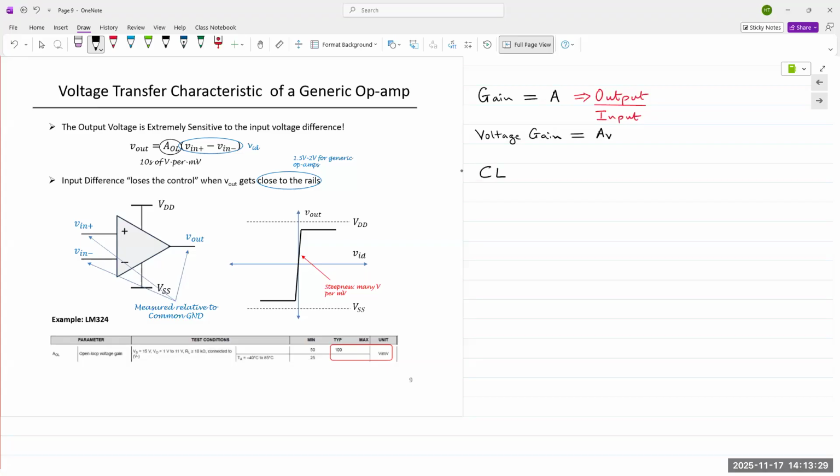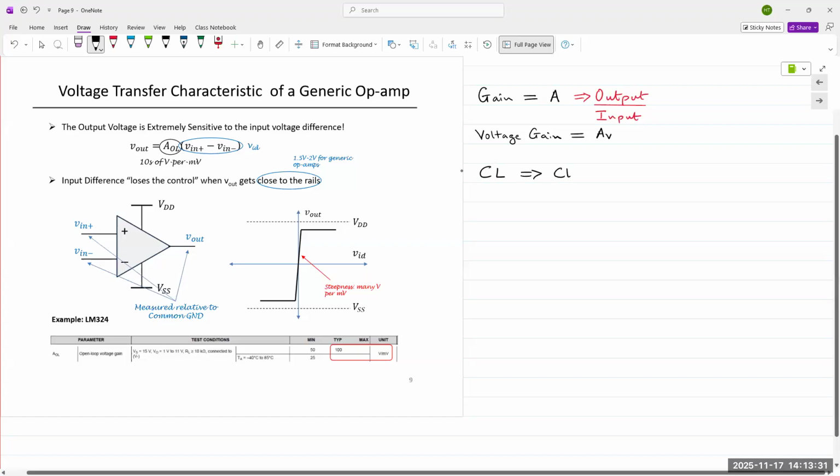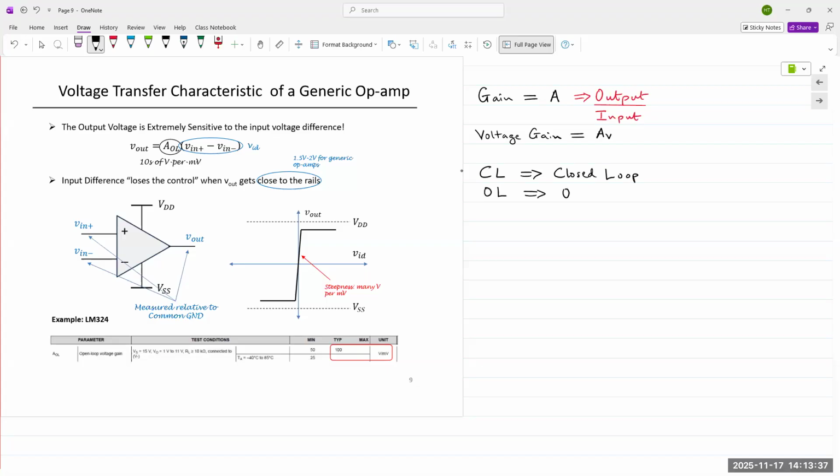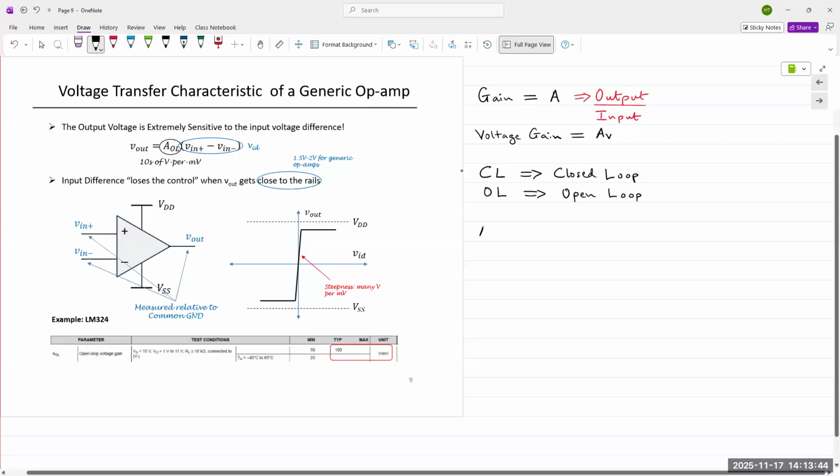CL is closed loop. OL is open loop. Okay. And then AOL,